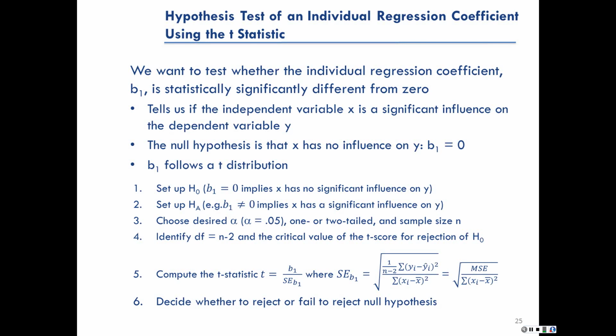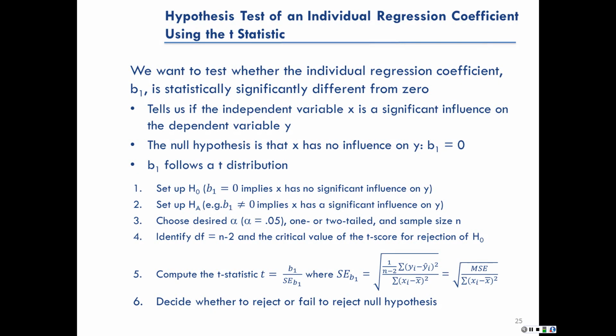In other words, x has a significant influence on y. Thirdly, you choose your desired alpha value, typically alpha equals 0.05, whether your test is one or two-tailed, in this case it's two-tailed, and you also identify your sample size n. Your degrees of freedom are equal to n minus 2, and then you identify the critical value of the t-score for the rejection of the null hypothesis, and you would do that using the table in your book just like you did in